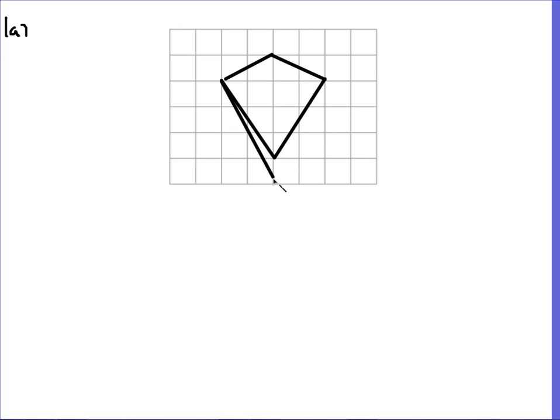Equally, you could have extended these lines down further. What you couldn't have had is this one I'm about to draw here, because that actually would be a rhombus, because it's got equal size lengths there. So the two that I've shown are acceptable. Equally, you could have rotated it around as well. So just to show you a very quick example of that one, it could have been this way around as well. Sort of a peak at the top, if you like, and then